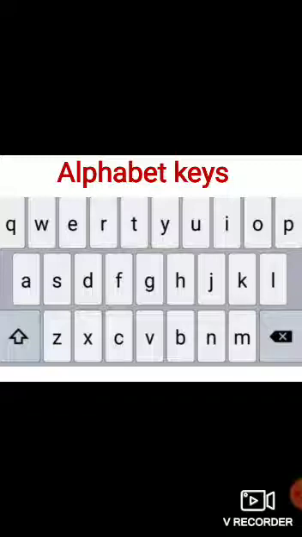You have to press that particular alphabet key so that you can see the typed sentence, word or letter on the monitor. With the help of the keys we can type letters, alphabets, words and sentences. If you want to type your name, for that we use alphabet keys. Alright, these are alphabet keys of a keyboard.